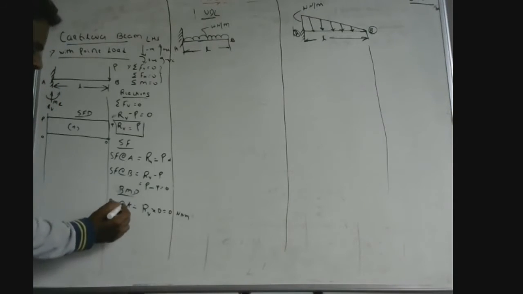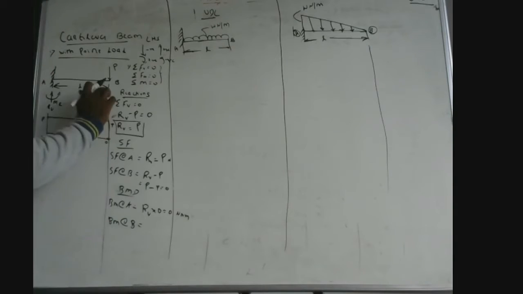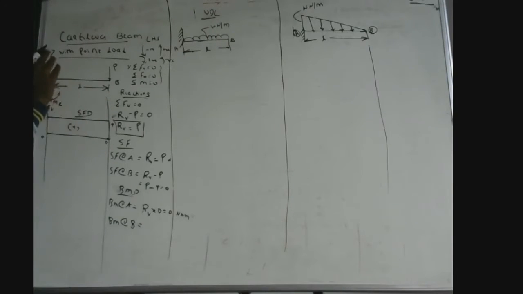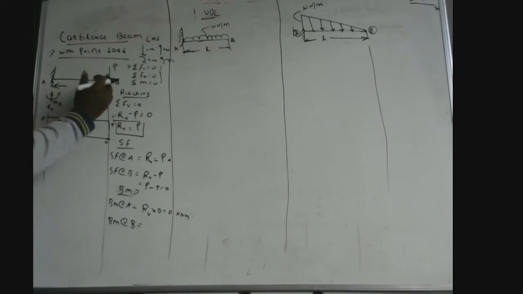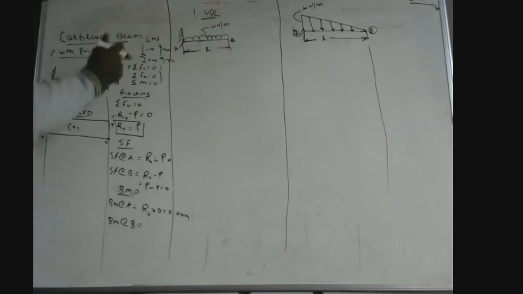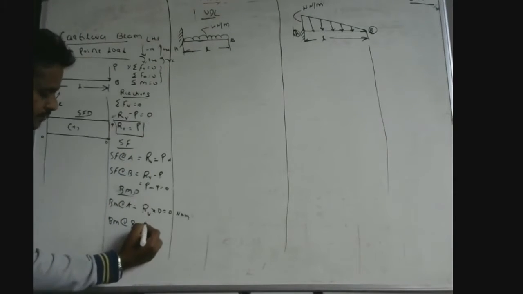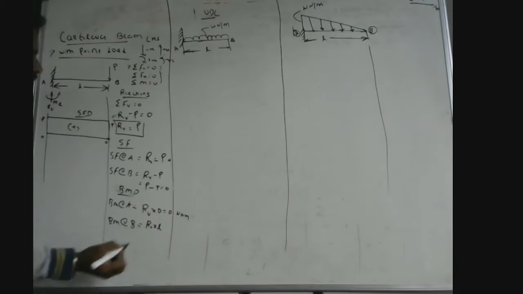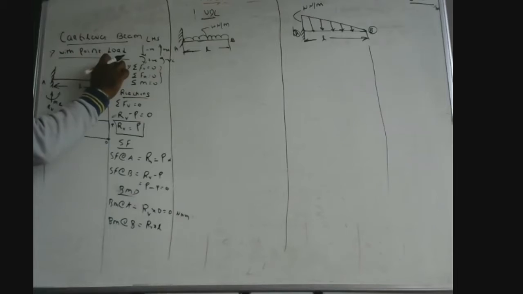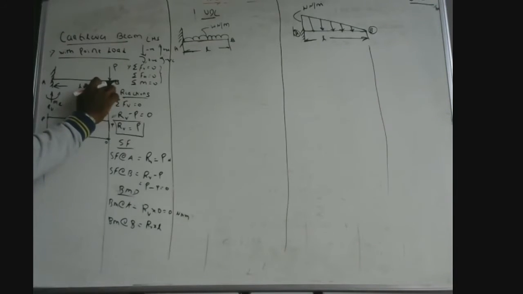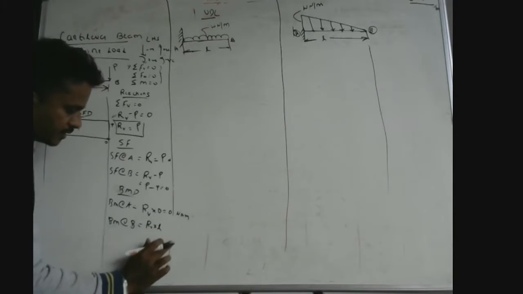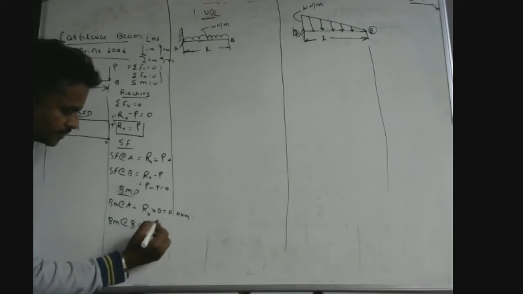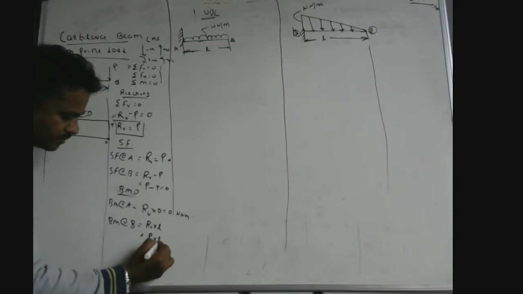Generally, when it comes to the bending moment at B, the summation of bending moment means summation of moment of either the left hand section of the beam or the right hand section. The first force from the left hand of point B is RV, and the distance up to B is L. So RV into L makes a clockwise rotation. Therefore clockwise is considered positive, which means RV L. Also at point B there is one force P, whose perpendicular distance is 0 because it's acting at point B only. Therefore you can leave it. RV is nothing but P, so the moment is P into L.